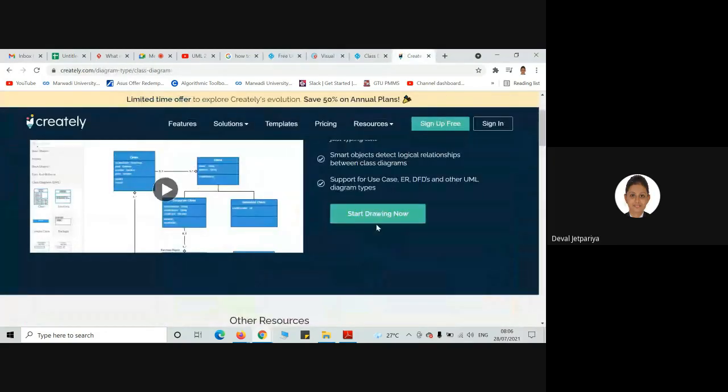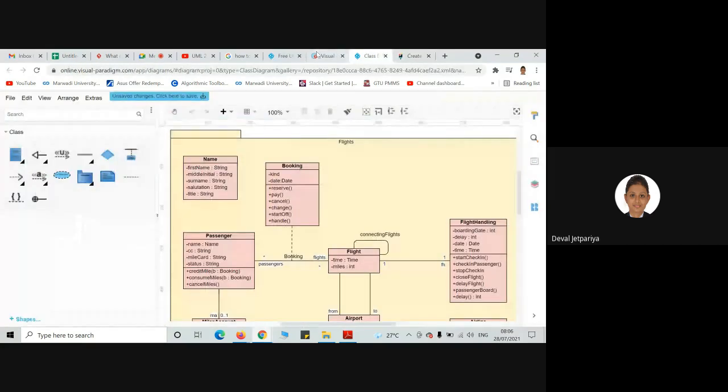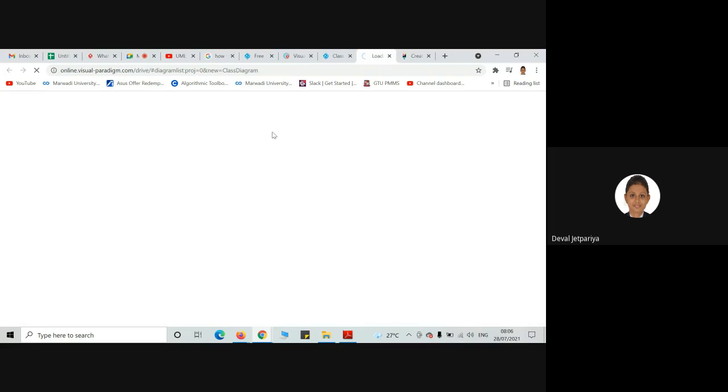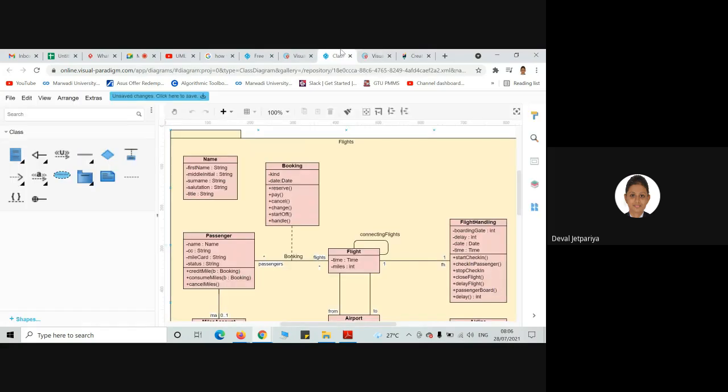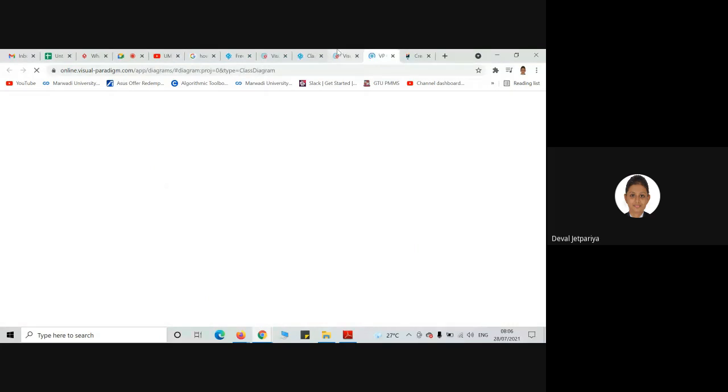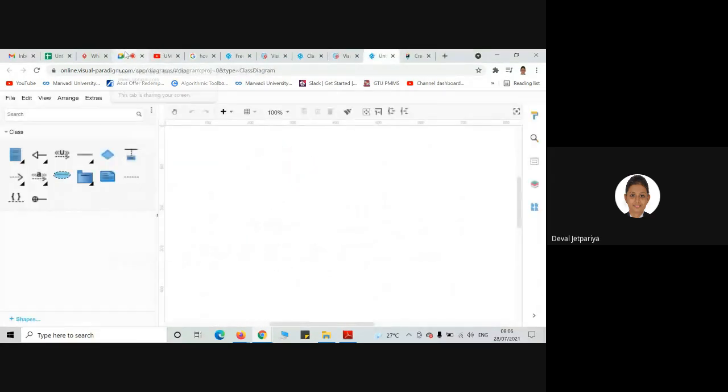So at least you should know some of the tools, right? There is one more, I just forgot the name, but it is free only for 1 or 2 months, so we cannot use that. Fine. So from here, you can take a new diagram and start drawing. I hope it is familiar to you how to start. You can just drag and drop like this.